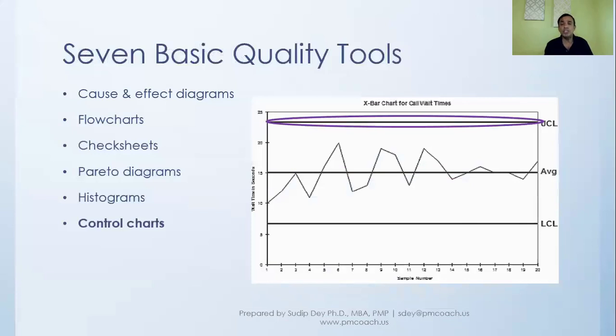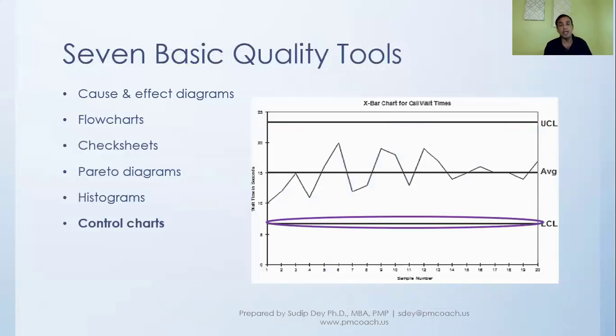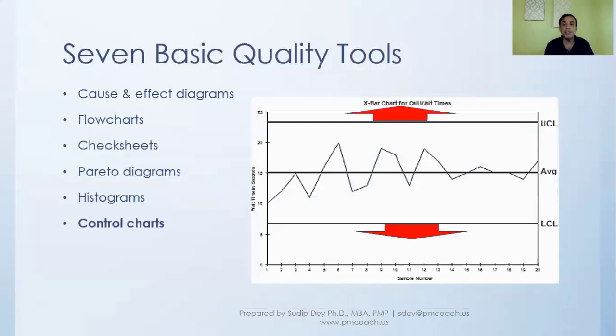So what we do here, once we have determined or have an expectation of what time we should take, is determine what the upper control limit and the lower control limit should be. And we say that this process should vary between the upper control limit and the lower control limit. And if it exceeds beyond the upper control limit or the lower control limit, then it is a failure of